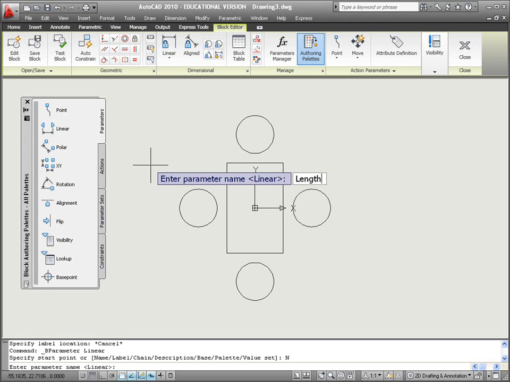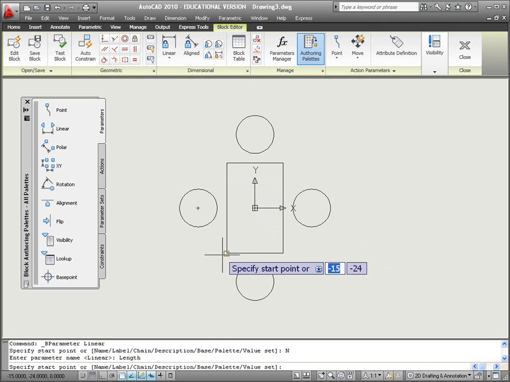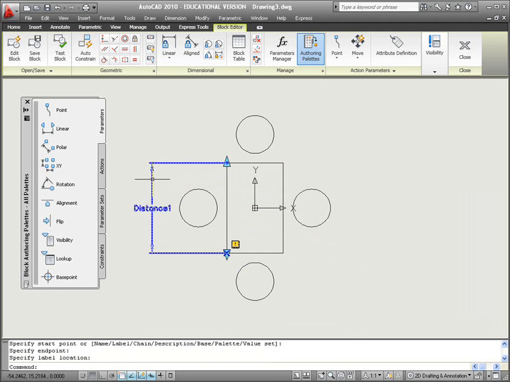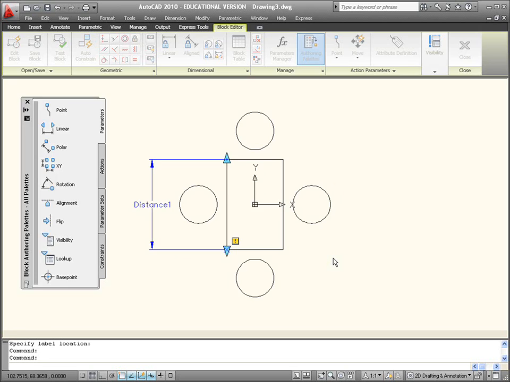So before you actually place the parameter, go in and actually name this parameter length. So if I specify my start point as here and then my second point as here, and pop in my distance. Now you notice a little yellow warning box comes up because we've no action associated with that parameter as yet. I just noticed in the notes it kind of gets you to close down and save the changes,